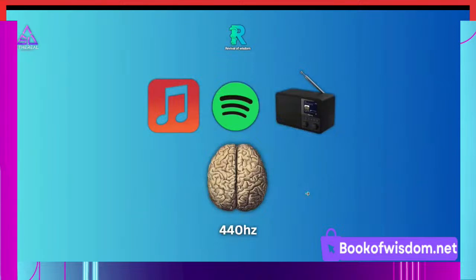Even the music, it's all tuned to 440 hertz. It shuts down the right hemisphere of the brain. 440 hertz, Spotify, Apple Music, the radio. Every time you turn on the radio, it's tuned to 440 hertz. This was specifically tuned. It never used to be tuned to this. It was in the 1950s. It was changed. The standard music tuning was changed to 440 hertz because it shuts down that right hemisphere of the brain. They don't want you thinking, seeing the world in this way and perceiving things as one.